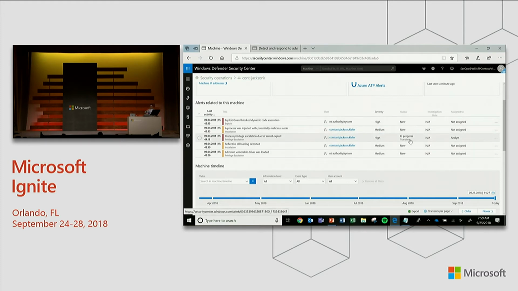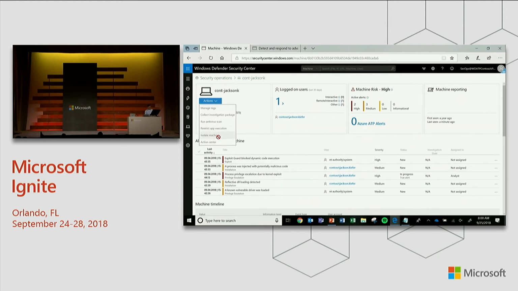Traditionally, what you would do then is click on actions and you'd open up a ticket. I don't know where the ticket action is here, but you'd open up a ticket to your IT department and you'd say, hey, make sure that this device is evaluated for compliance. You'd isolate the machine, you'd handle this outside of scope. But what we now can do is if I come back into Intune, if I have connected ATP with Intune,